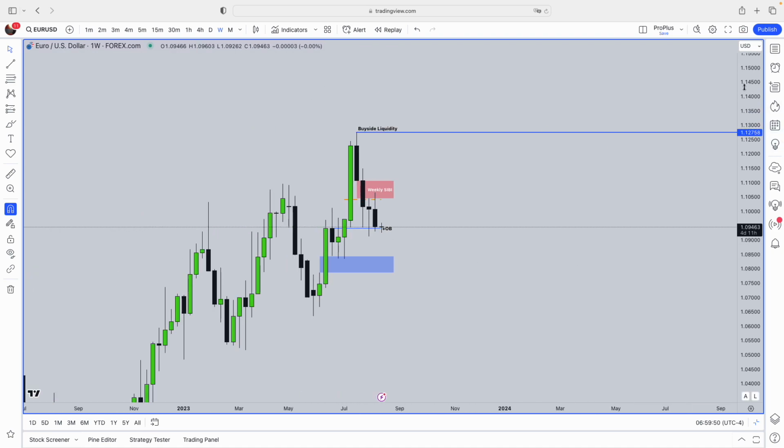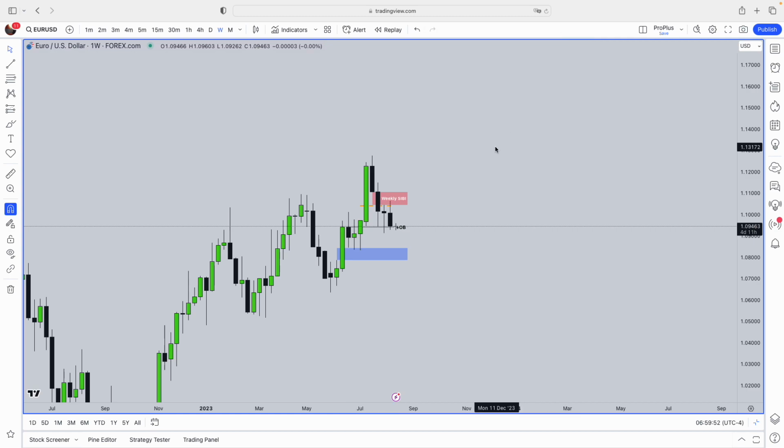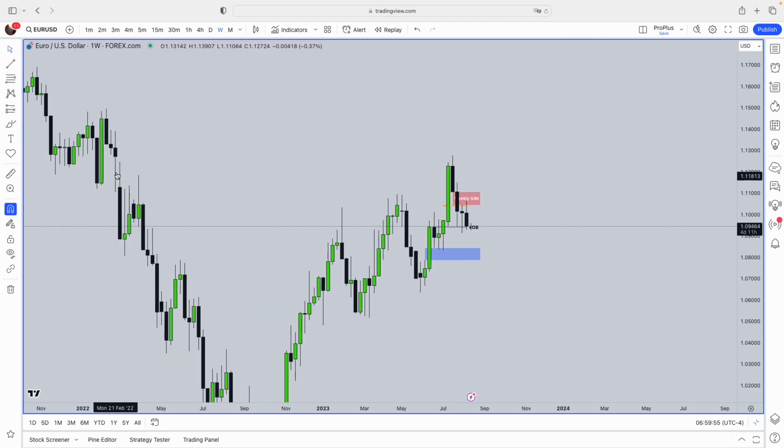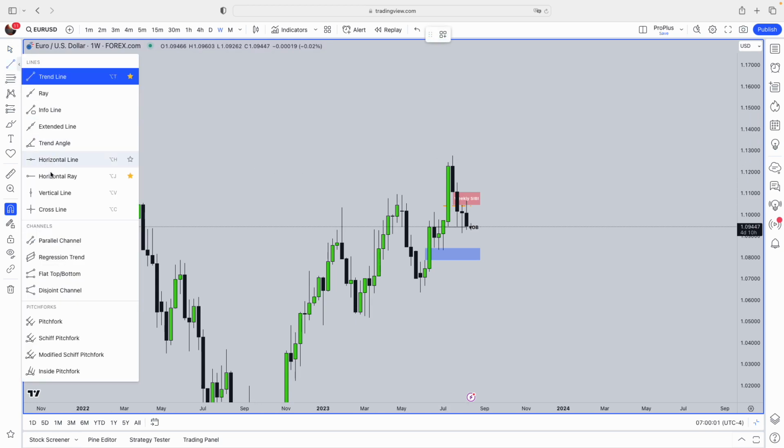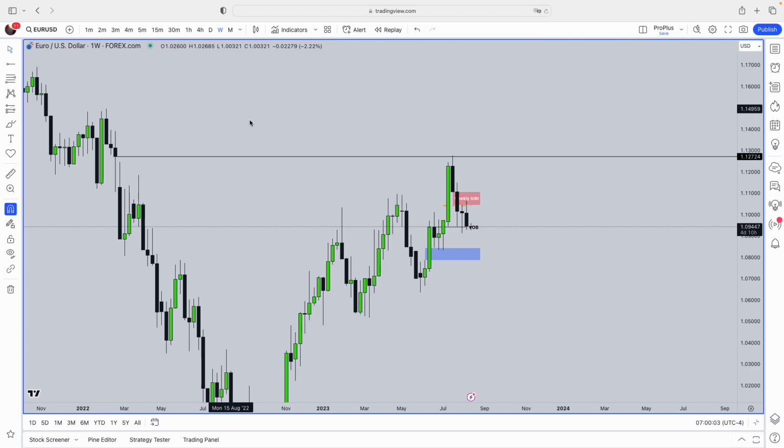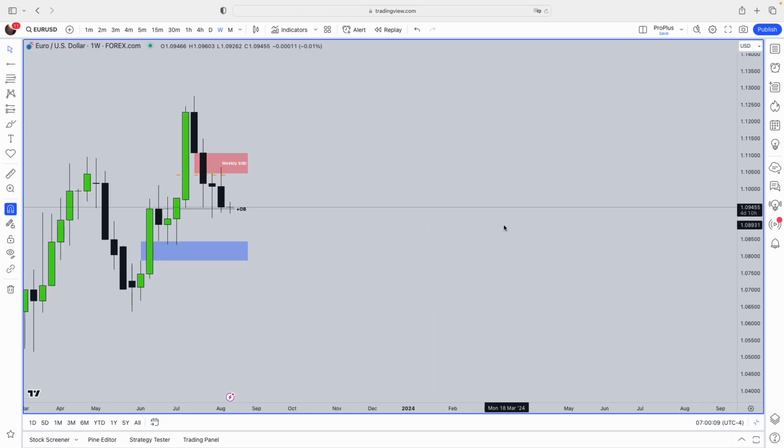But what the weekly did, if we take a look, just delete this for now, it ran into this volume imbalance here. So it ran into the high of that, if we literally get the high, ran to tier that, now pulled lower. Where could it potentially pull to? Well,